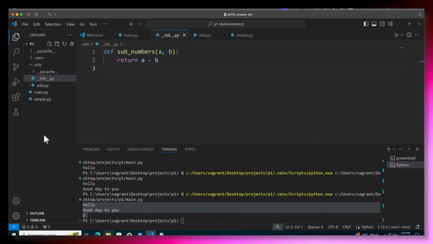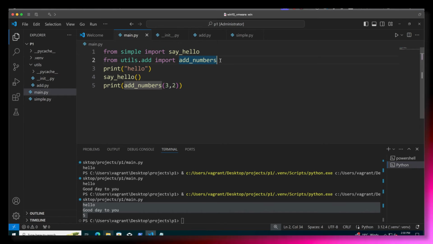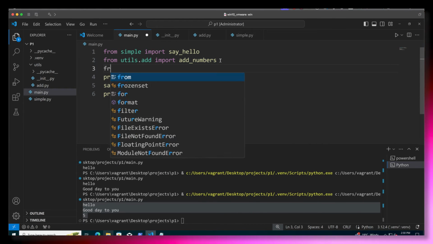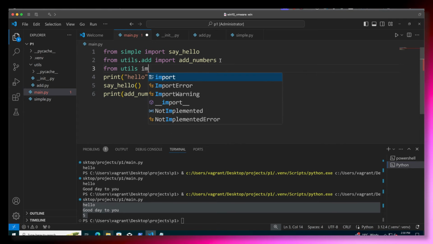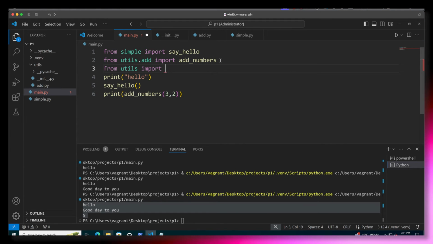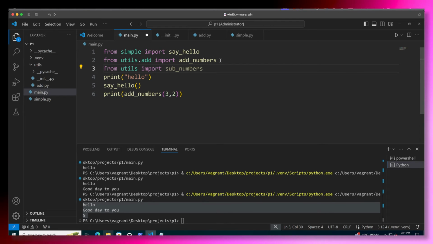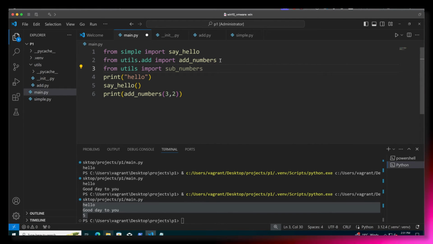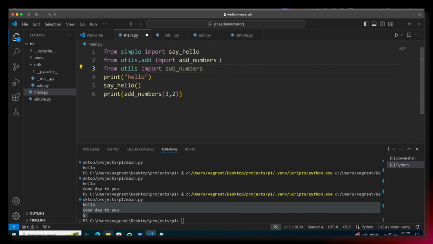And now returning through to my main.py. From here, I can go through and we can check the import is working okay. So from utils directly, I can then import sub_numbers. I don't need to navigate down to utils.__init__. Dunder init is making the utils directory appear as a module itself.